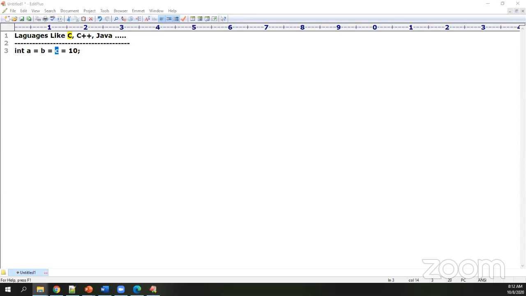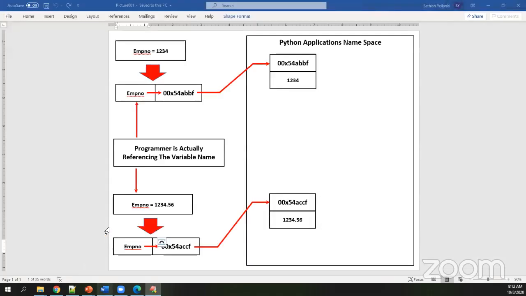So try to understand the construct we are fundamentally picking up. But when you're going for multiple assignments, what's happening in Python? It's a very beautiful composition by Python. Okay, you just come along with me.